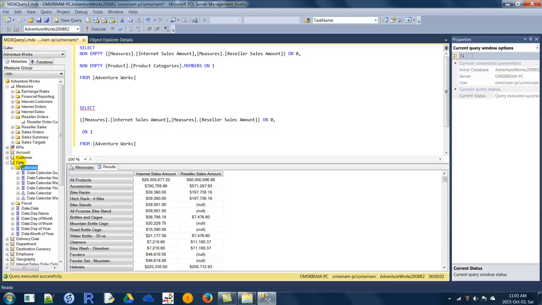If you go to calendar and calendar hierarchy, you have month and date, right? You have calendar year and month. So in the date calendar hierarchy, you have month and date. You can combine these two if you want. I will show you one example here.